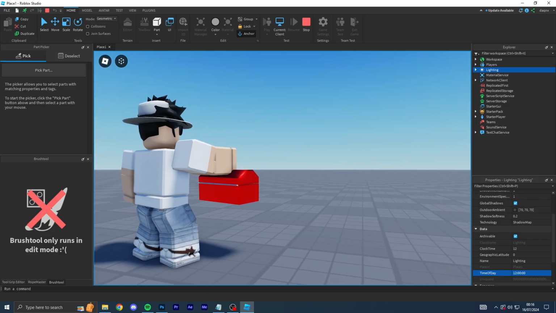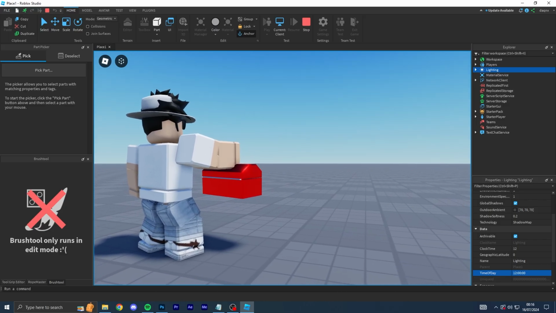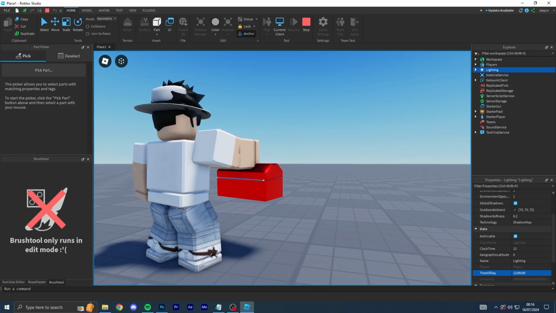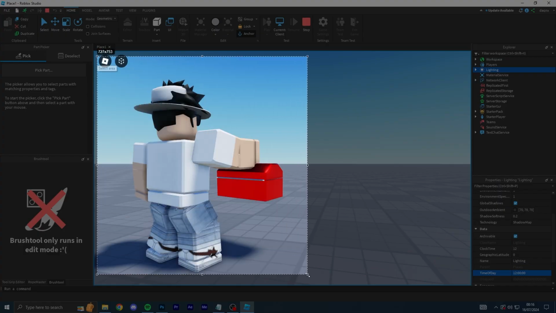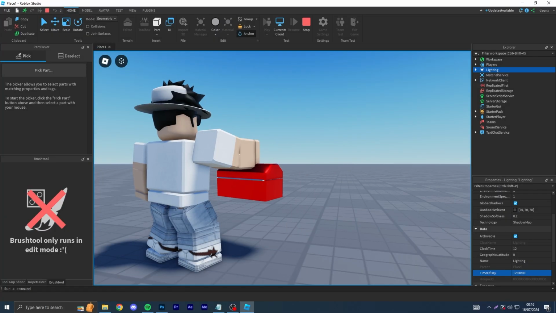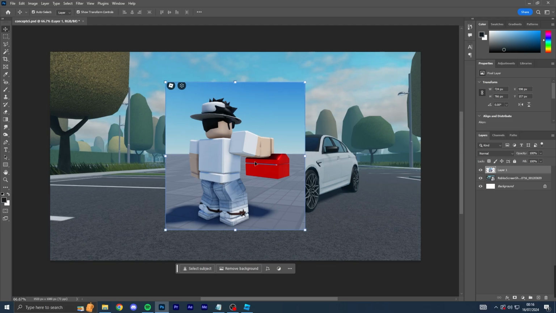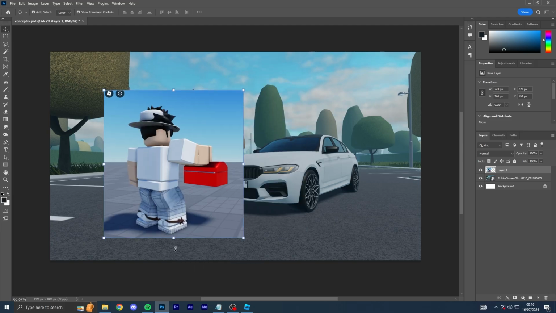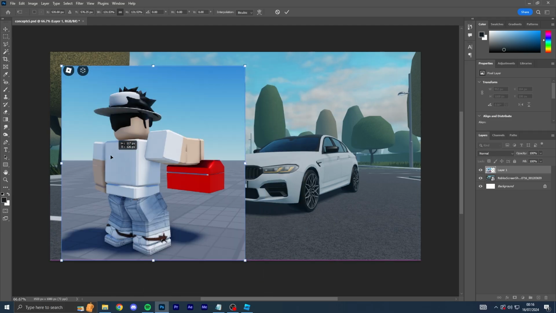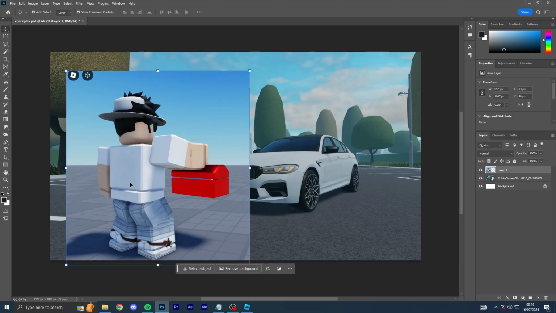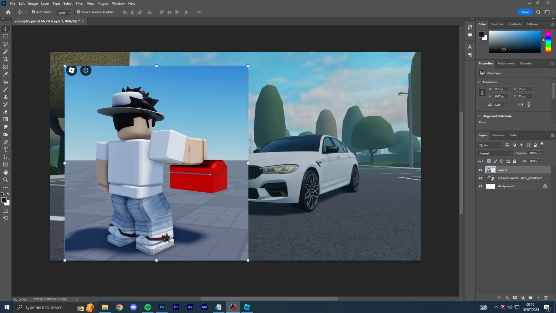I'm just trying to think how I positioned the camera when I took the photo of the BMW, because that's quite important. Yeah, it should be something like that. So I'm just going to take a photo of that. We're going to copy that and head into Photoshop, and paste that in. Okay, and then basically we've got the difficult job now of putting the character into this scene, which shouldn't be too bad actually. We've got the shadow, we've got everything. Okay, I'll be back with you once I've cut him out.